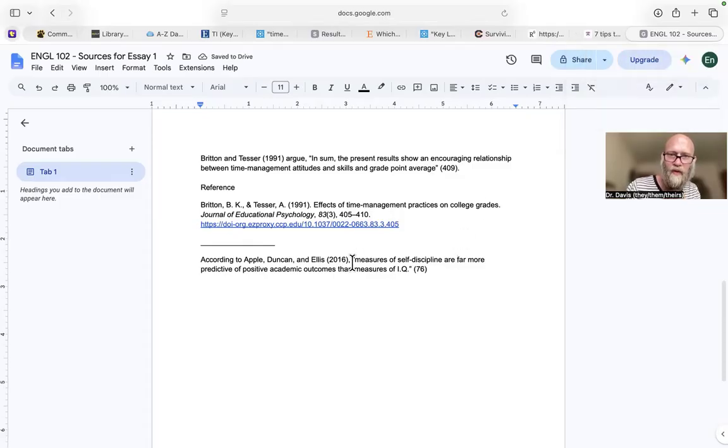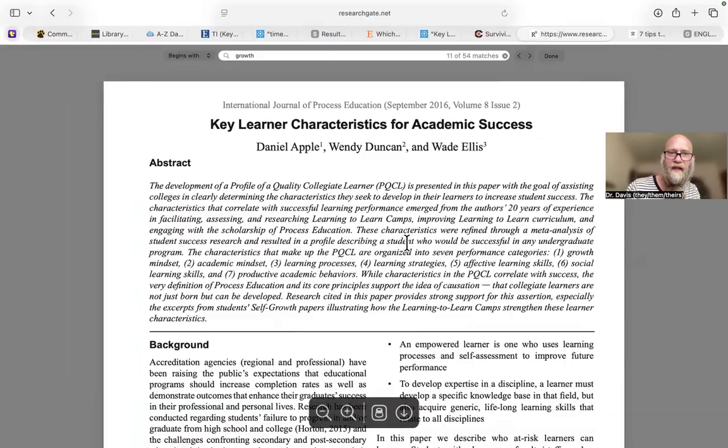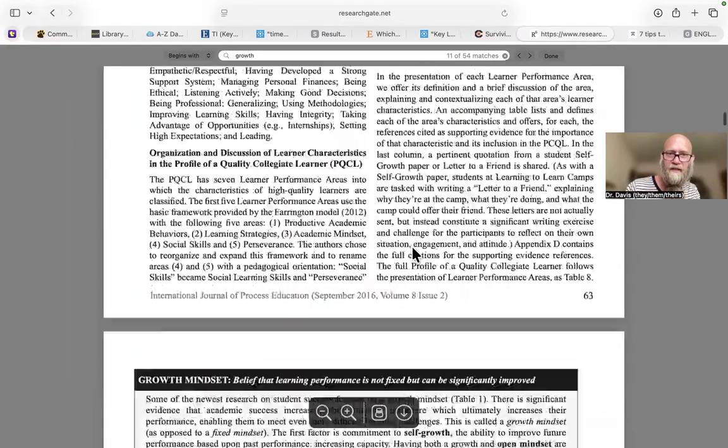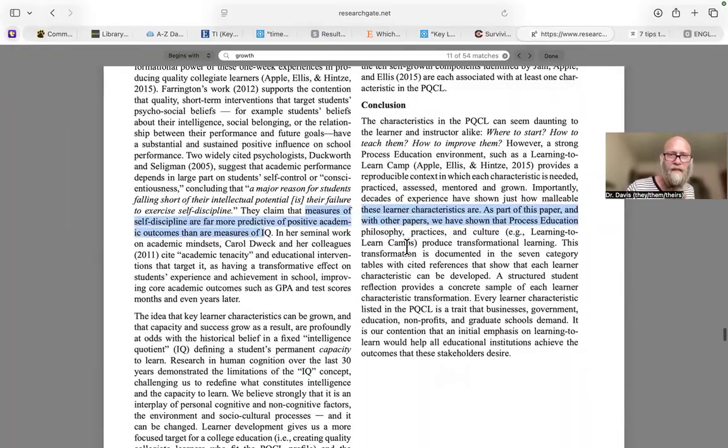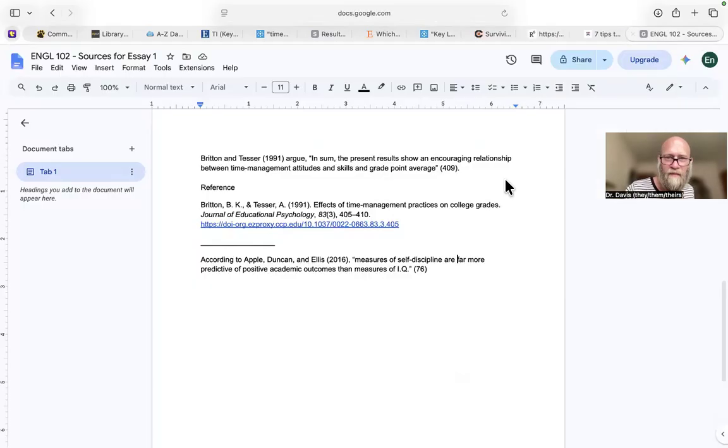We got the quote: measures of self-discipline are far more predictive of positive academic outcomes than measures of IQ. I'm going to double check that because I don't want to get it wrong. 2016.